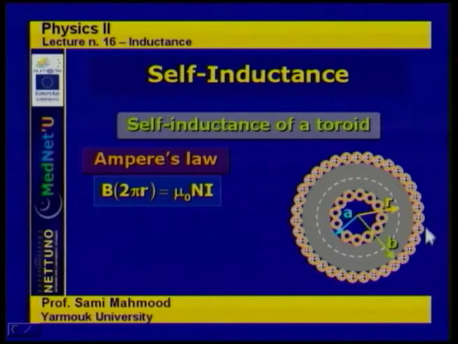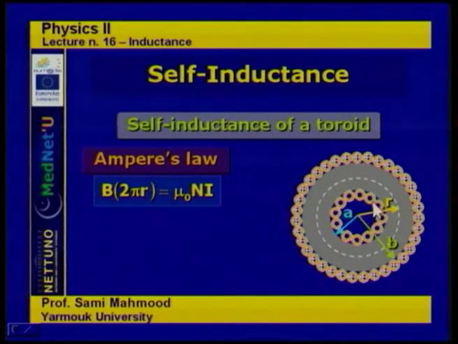And thus Ampere's law applied to this problem: B, which is constant due to symmetry of the problem along this Amperian path, times the length of the path, B times 2 pi r. This is coming from B dot dl along this Amperian path. It's simply B times the length of the path, which is 2 pi r, and that is equal to